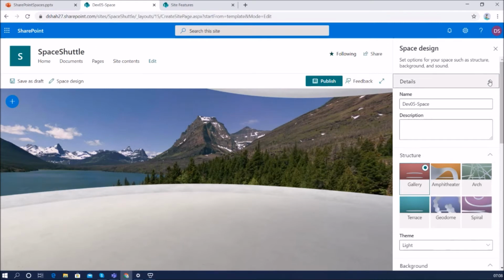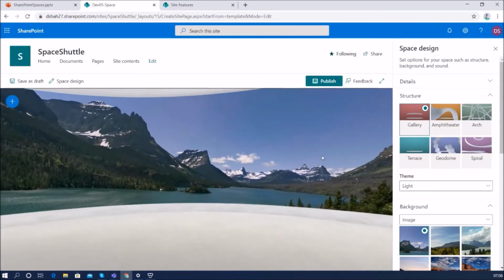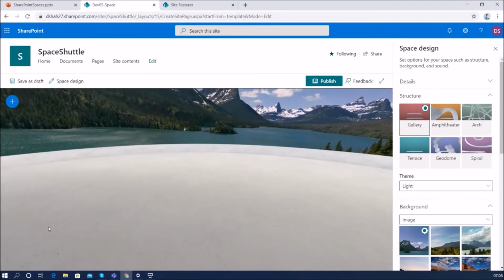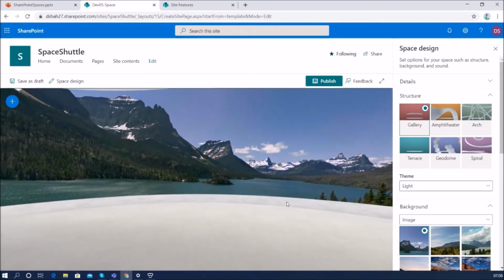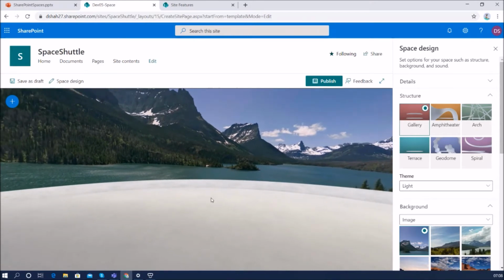Currently we have a gallery structure, and you can see this type of illustration where you have a space provided to place your different web parts or components. So a space structure provides some boundaries or some space to add your elements on your mixed reality page. This is the gallery structure.